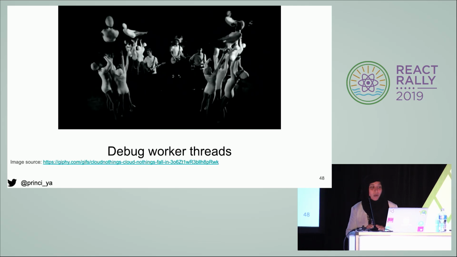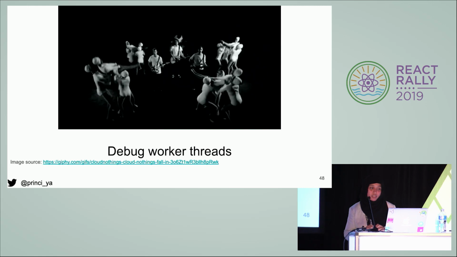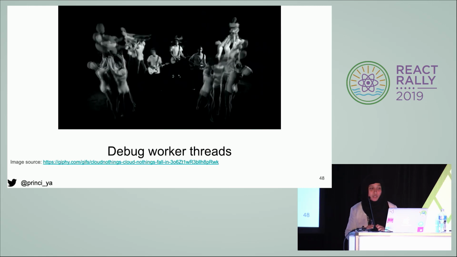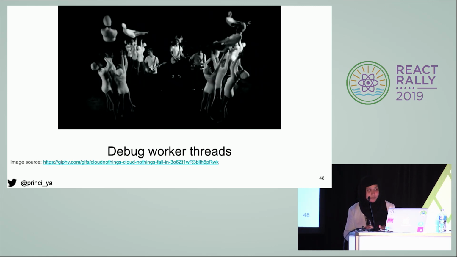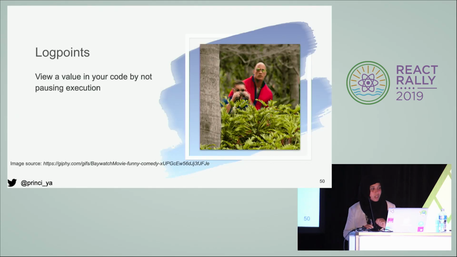Worker threads power the modern web, and they need very good debugging support. Workers take load off the main UI, and they run in the background. Now, using the new threads panel, you can switch between and independently pause different execution contexts. The source code you see is the debugger's source code, and the debugger has a bunch of worker threads to pretty print the code, to parse it, or for searching things.